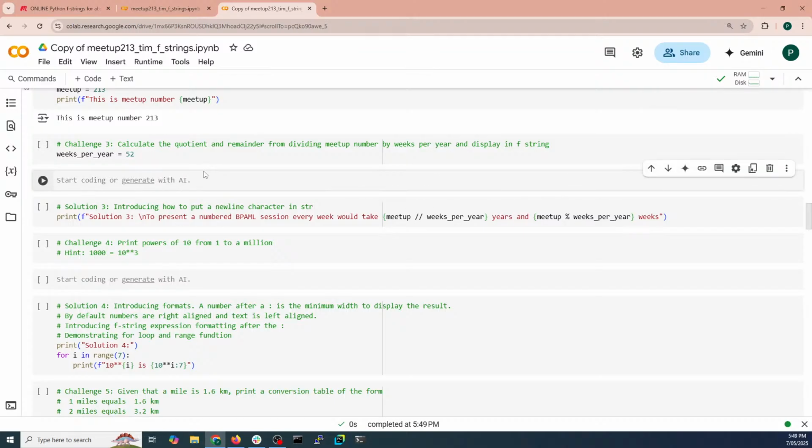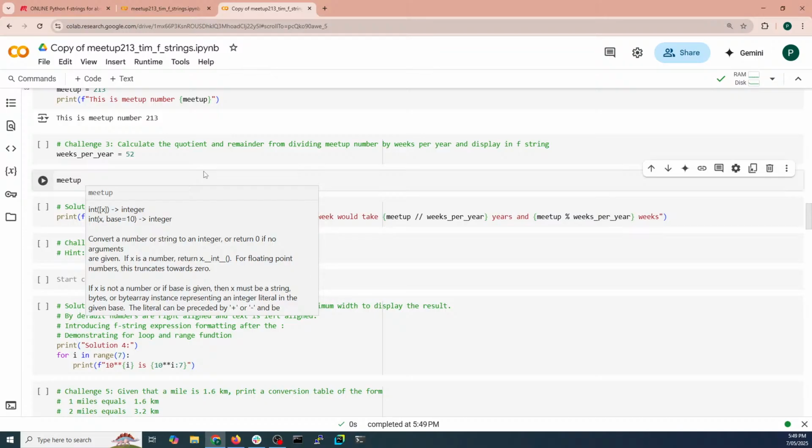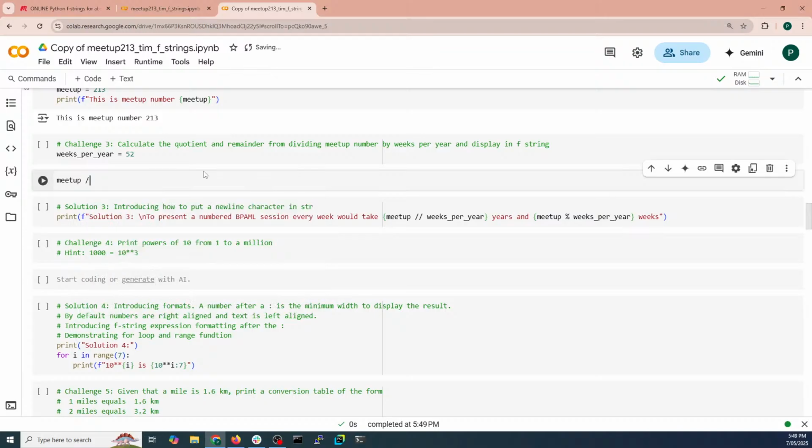In Python we've got a couple of operators. So you can do an integer division, divided by weeks per year,